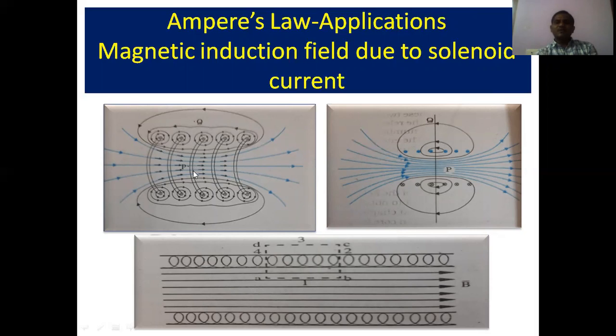And also you observe the magnetic lines of force here. This is for a finite solenoid. The magnetic lines of force are crowded at the midpoint and they are distant as they move outside. And also the magnetic lines of force are almost parallel in this region. Therefore, here it represents a uniform magnetic field. If you observe the midpoint outside of the solenoid, there the lines of force are very thin.